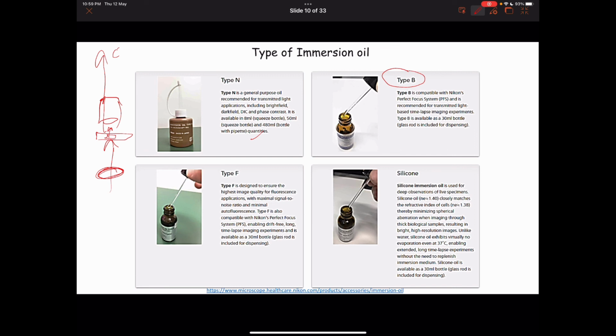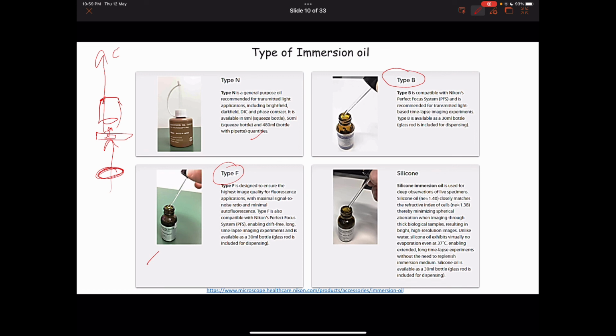However, when it comes to type F immersion liquid, it's basically designed to ensure the highest image quality in case of fluorescence imaging. Particularly epifluorescence imaging, TIRF imaging, or any kind of super resolution imaging can be done with this kind of microscope. In our lab, we do STORM imaging using this oil itself, and it is also compatible with PFS, the perfect focus system, and it also gives you maximum signal to noise ratio,